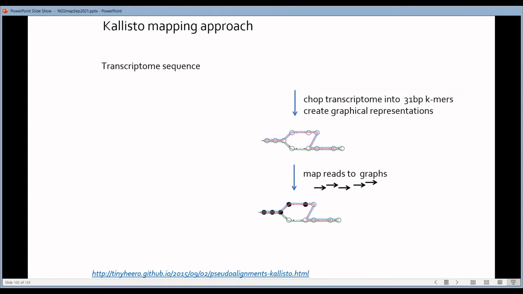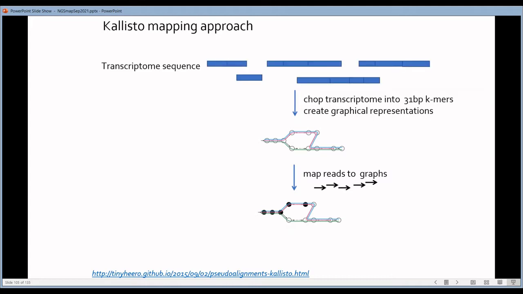So we have seen now how STAR works. We have seen how HISAT2 performs the mapping. So what about the mappers that map to the transcriptome, like Kallisto and Salmon? How do they work? Well, what they do is, instead of chopping the reads into seeds like STAR does, Kallisto and Salmon will cut the transcripts into pieces of 31 base pairs.